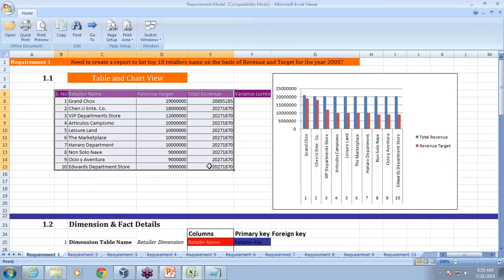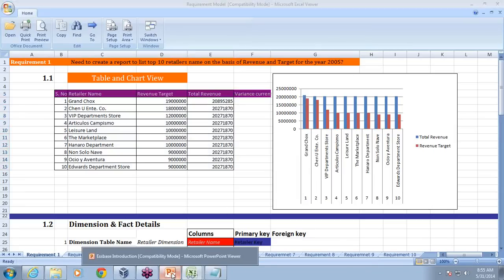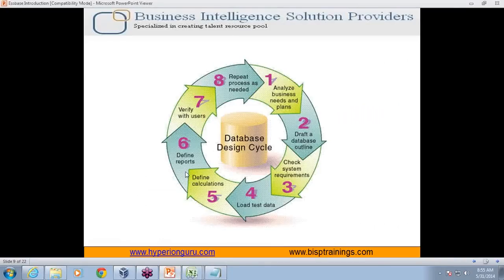Because your business user actually does not know what they need. So you prepare a sample report. This gives them some vague idea about how it is needed. So load the test data, create a sample report, get it verified by the user, and if they find it good, whatever recommendation they make, implement it. Otherwise, continue to do the same activity in a cyclic fashion. You see, it's an iterative model. It means you don't get a solution in one go. As you proceed further, you get a more optimized solution.